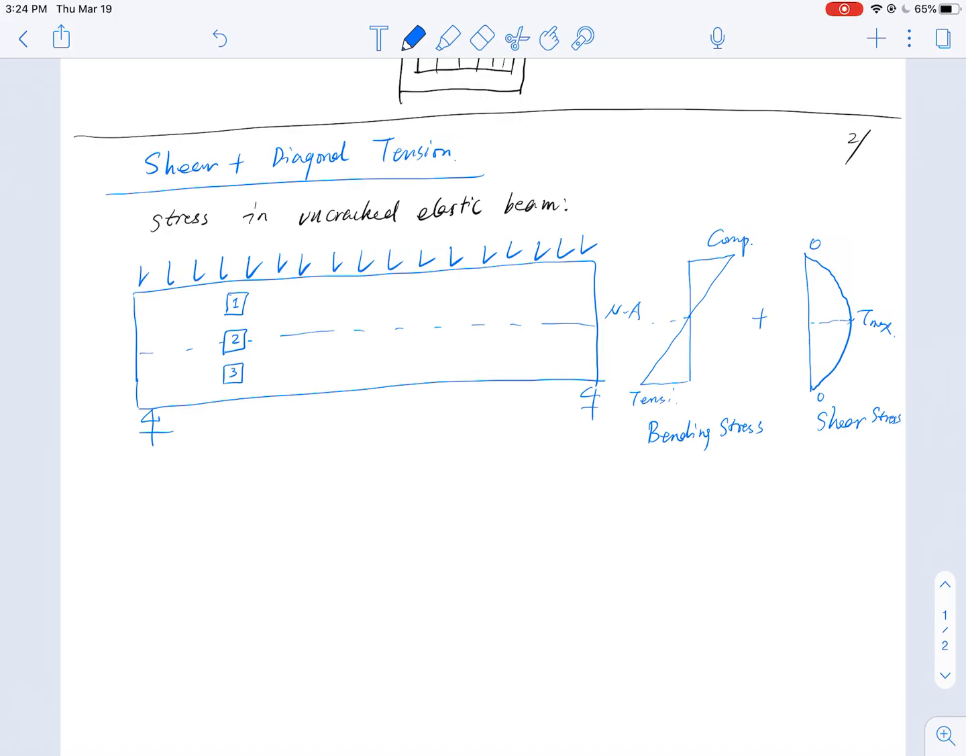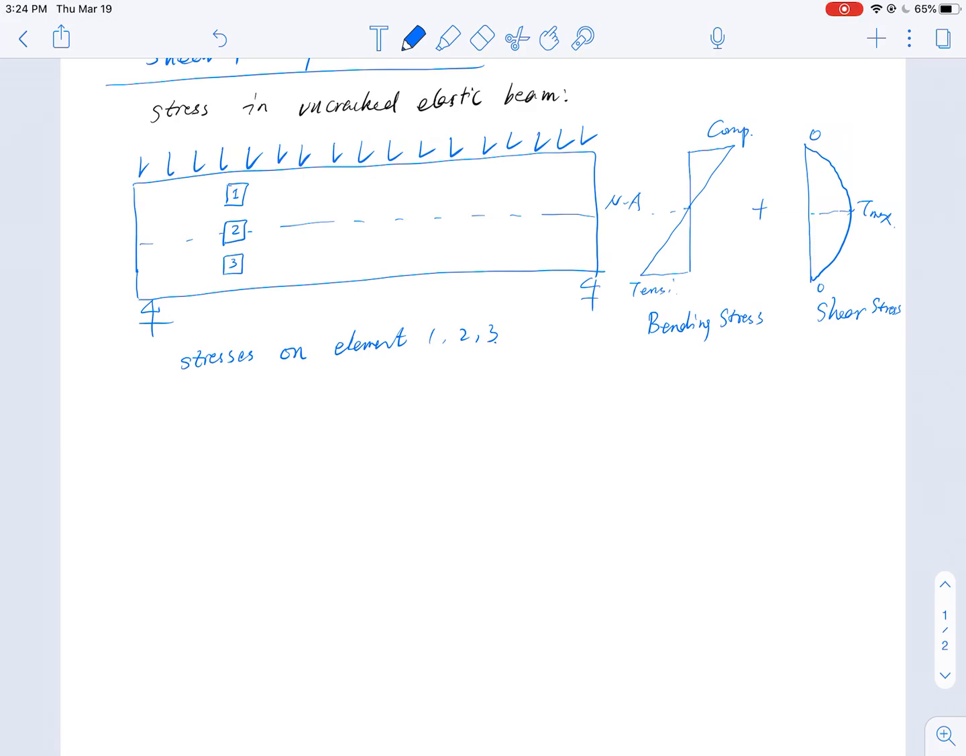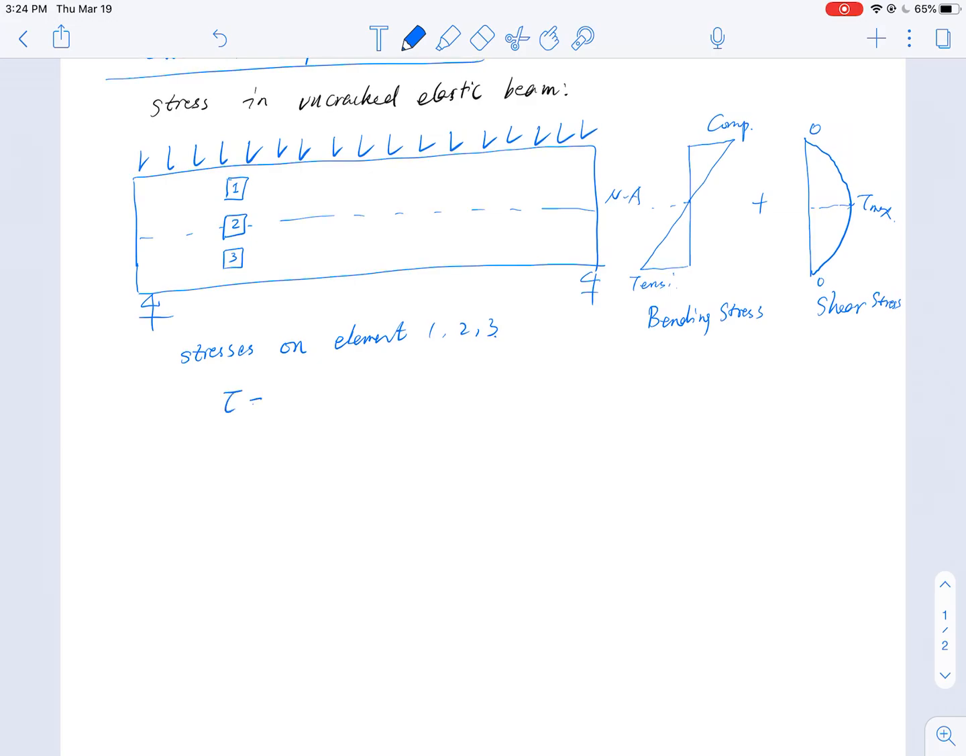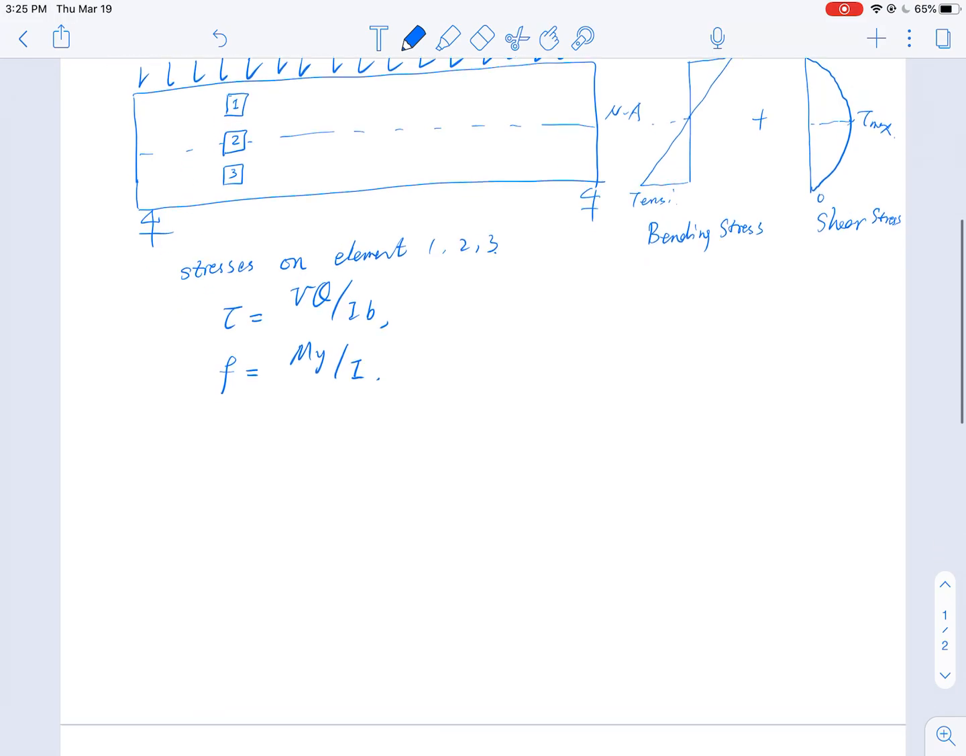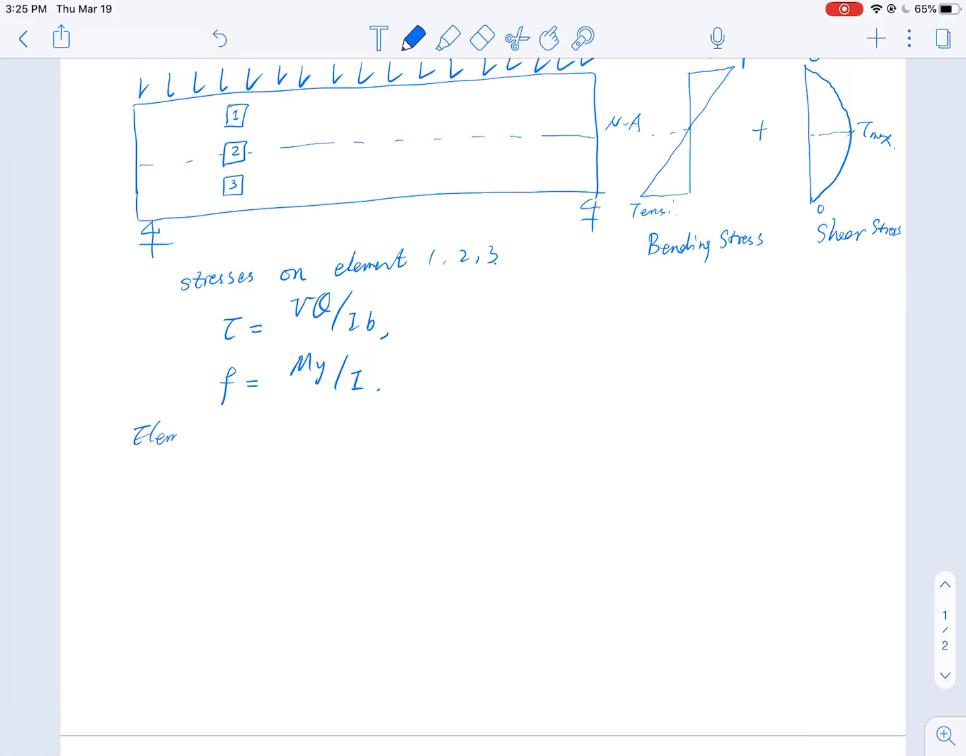So the total stress state from these three elements, so the stress on elements 1, 2, 3, can be analyzed using these equations. So shear stress tau equal to VQ over IB, bending stress sigma equal to MY over I. And this element 1 is subjected to compression, since it's in the top, shear,